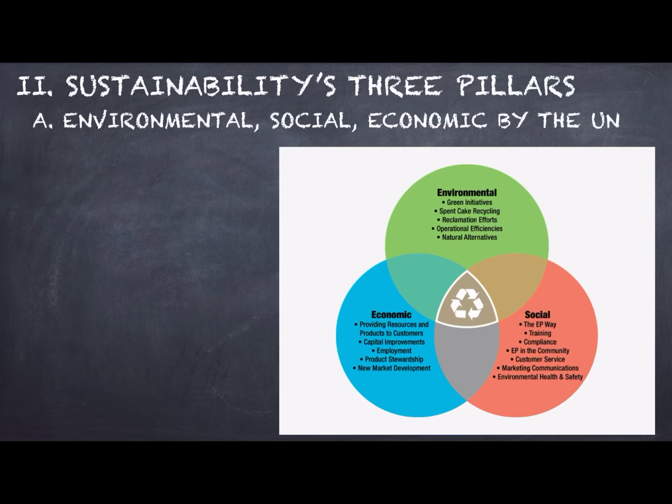Now, the pillars are shown here in this diagram, and you can see how all three of these tend to work together to achieve sustainability on Earth. You can see the examples of the environmental pillar there. You can see examples of the economic pillar there, and you can see examples of the social pillar, which we'll talk about specifically today, all three of them.